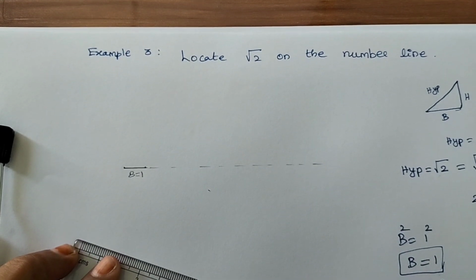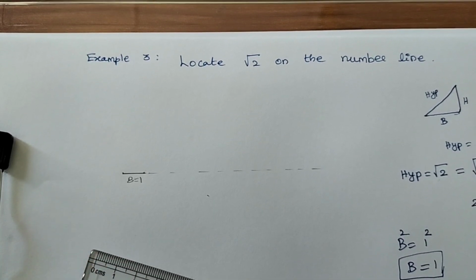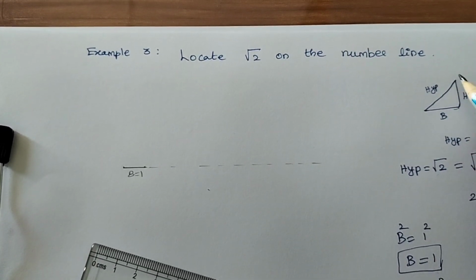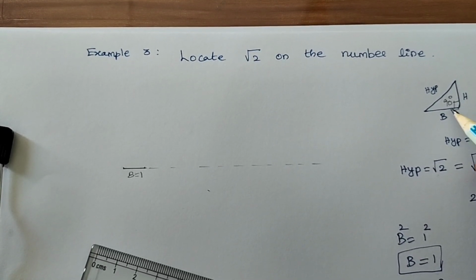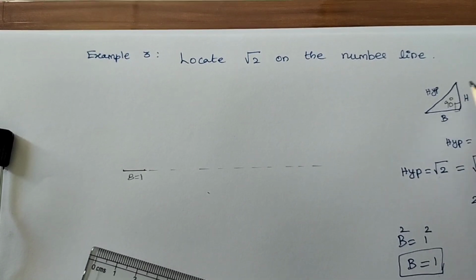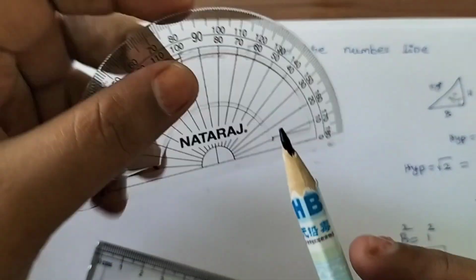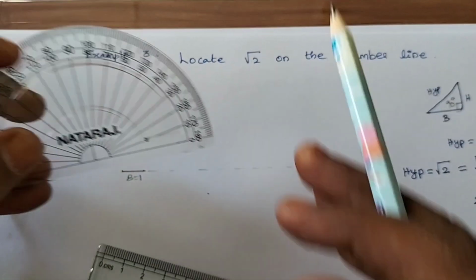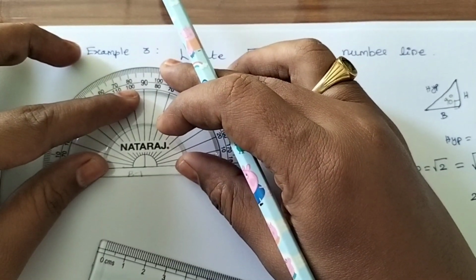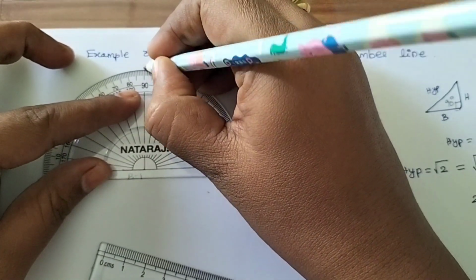Okay. So once we have done that, we need to draw the height. Height is equal to 1 centimeter. Since it is a right angle triangle, here it is 90 degrees, right? So we need to measure 90 degrees and then measure around 1 centimeter and make a point. So use a protractor. This is the center point of the protractor. I need to keep this point exactly at that particular value and then mark 90 degrees at the top.